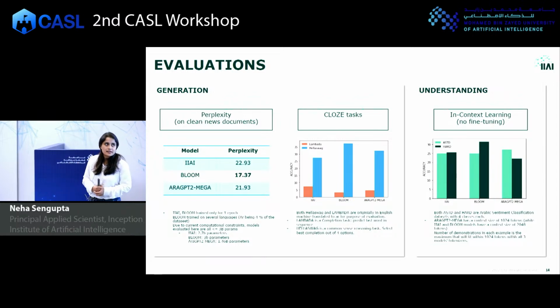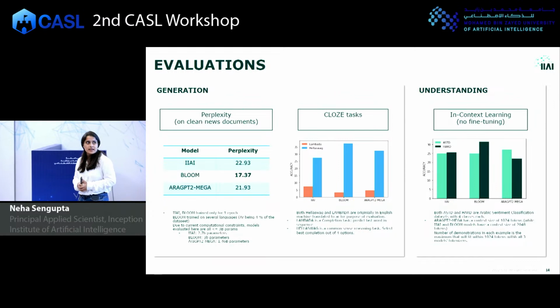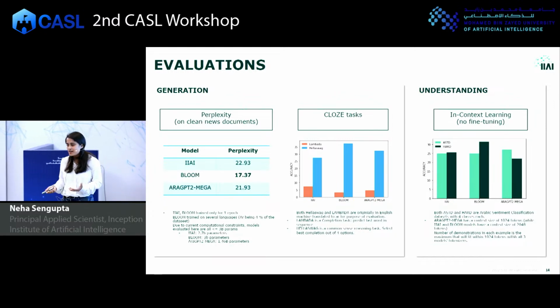And then we have the understanding task. These are 2 sentiment analysis data sets in Arabic. Both have 4 classes, so following the same principle, a random guess has 25% accuracy, and all are very close to 25%. The whole point of showing this chart is to say that even though we have very well-trained language models, generating text which most of the time we cannot distinguish from text that humans generate, still, their performance in natural language understanding tasks is not that good, right? So this gives us a lot of hints to move forward on where we are lacking.